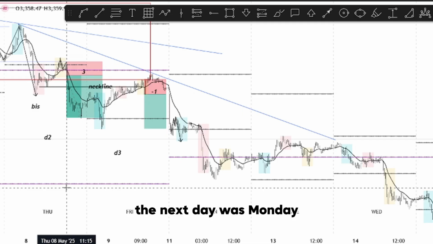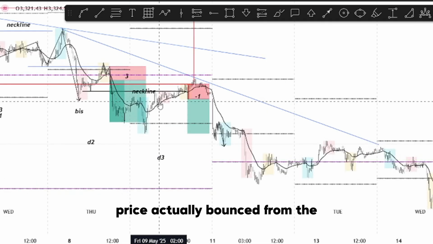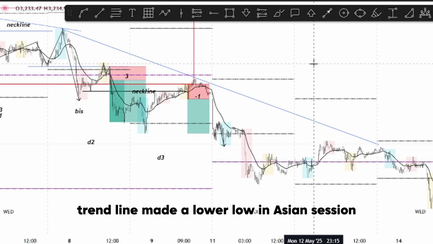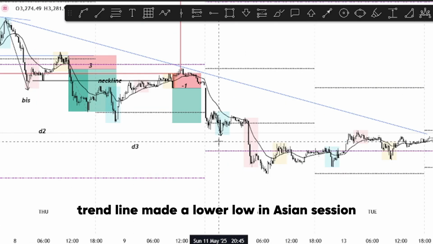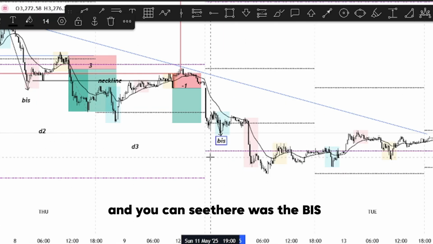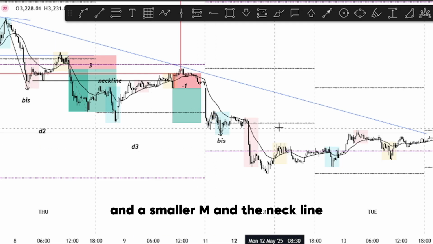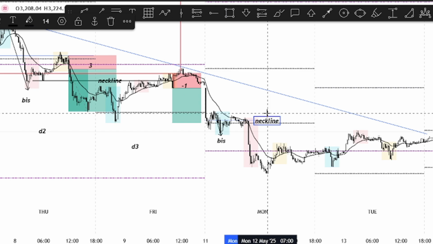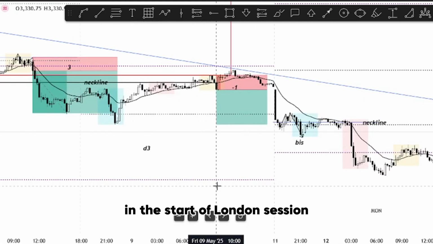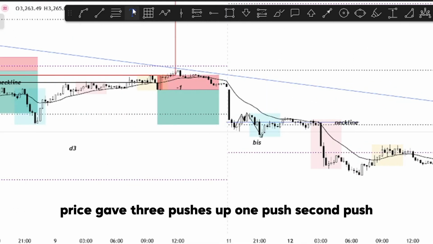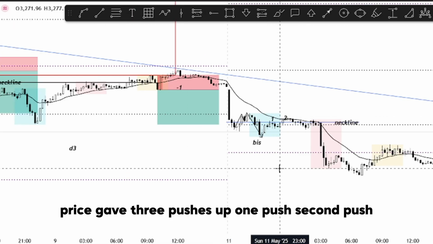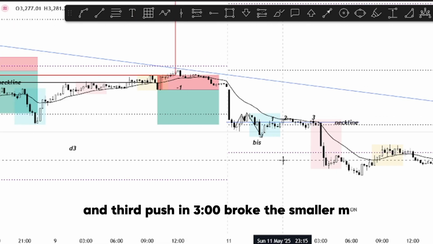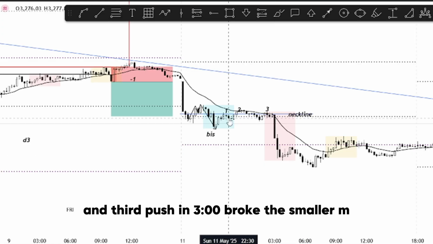The next day was Monday. Price actually bounced from the trend line and made a lower low in Asian session, and you can see there was the BIS and a smaller M and the neckline. At the start of London session, price gave 3 pushes up: 1 push, 2nd push, and 3rd push. At 3 o'clock, it broke the smaller M